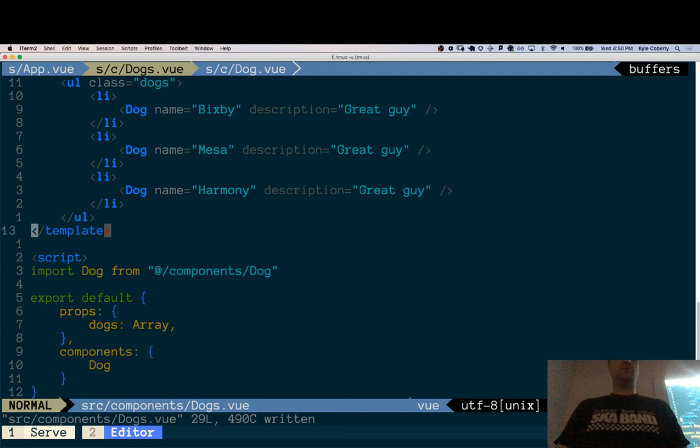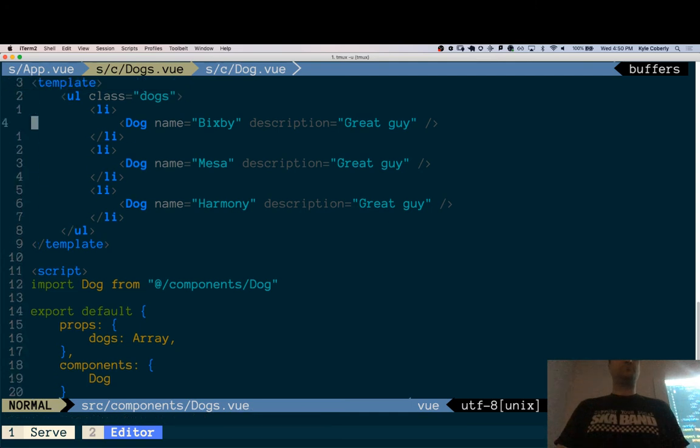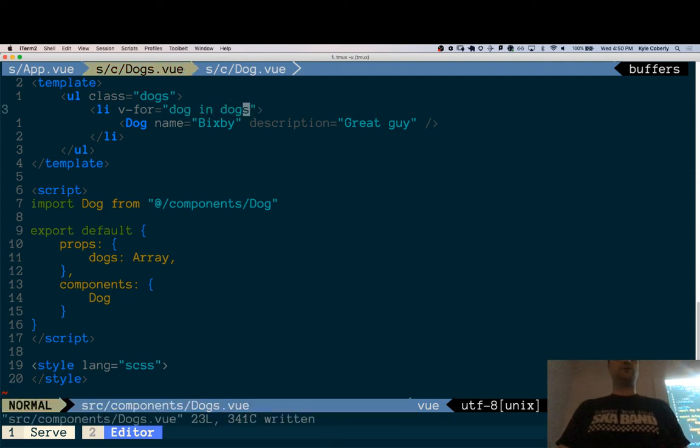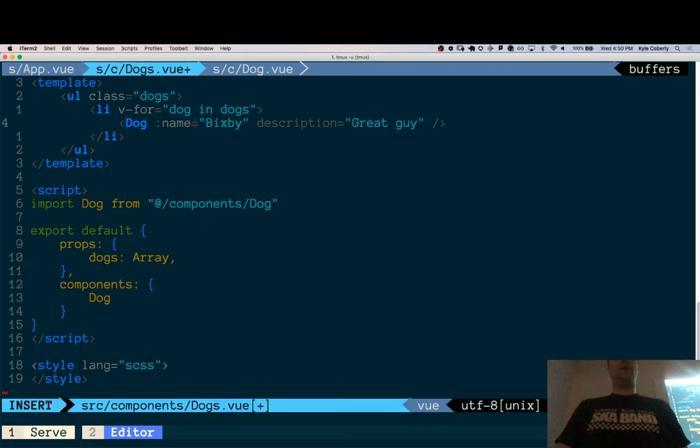And here's where the magic happens. Instead of repeating all these hard-coded ones, I can loop through v-for dog in dogs, and then I can bind name to dog.name, and I can bind description to dog.description,